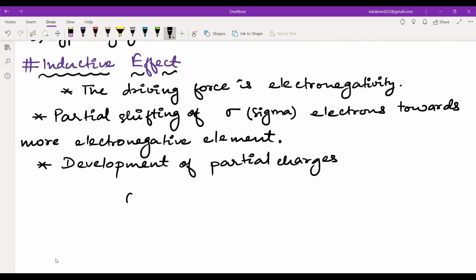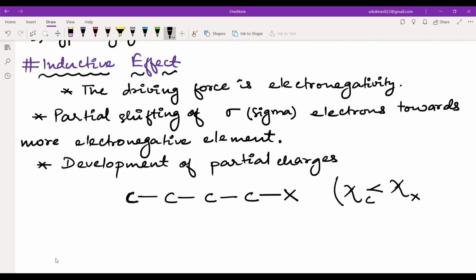So, for example, if you have carbon atoms like this, and then there is an electronegative element, let's suppose X. So the electronegativity of carbon is less than the electronegativity of the X atom. And then what will happen? Then the X atom will attract the electrons from this carbon atom. And that is why this will be getting a delta negative charge, and this carbon atom will be getting a